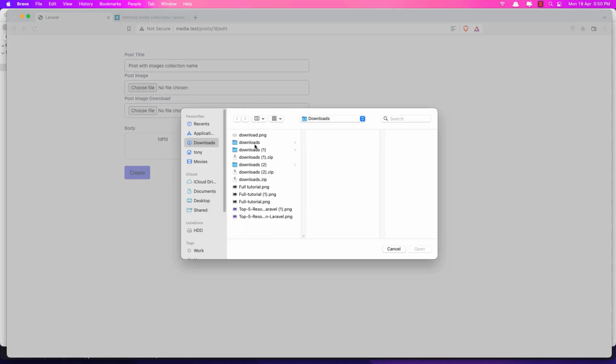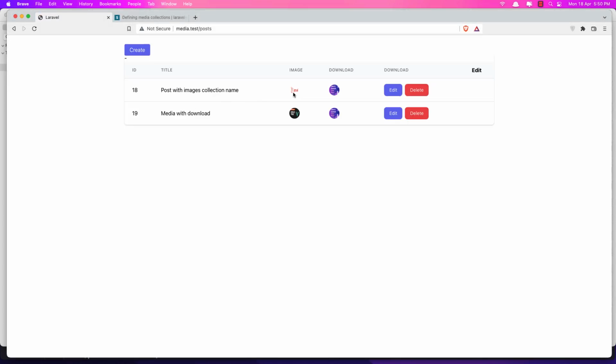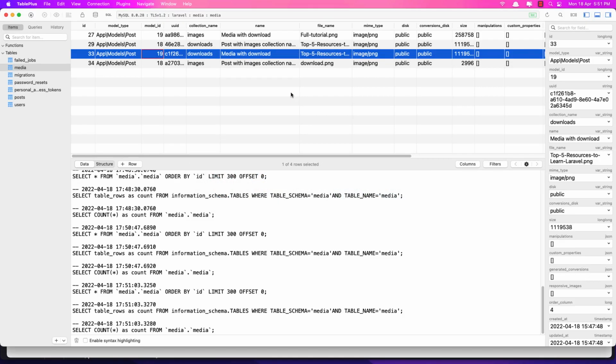I have downloaded this Laravel image. Let's open and say create, and if you see here we have that image. And if I come here and refresh, we have also 4. We just changed that image to this download PNG.